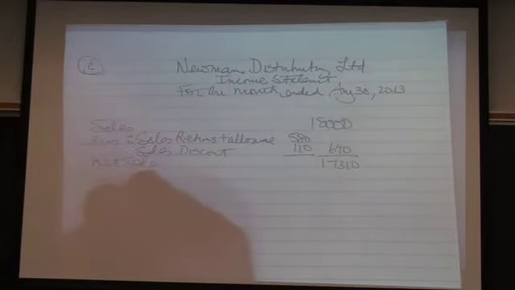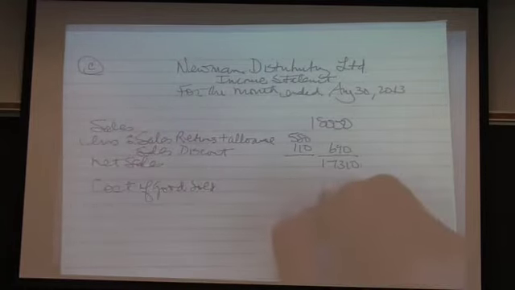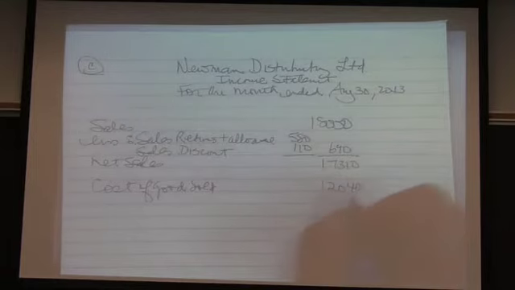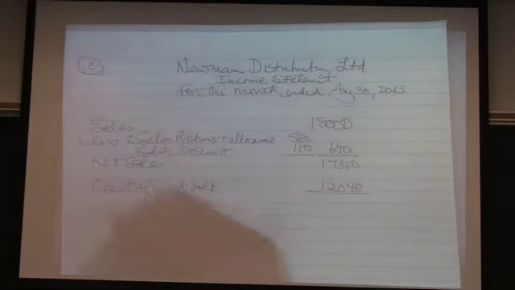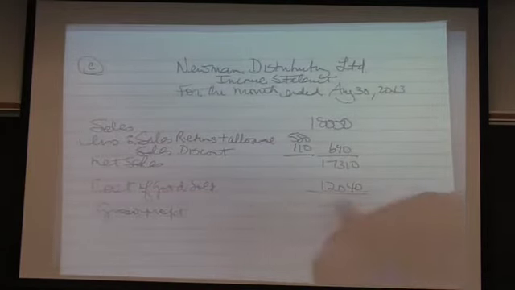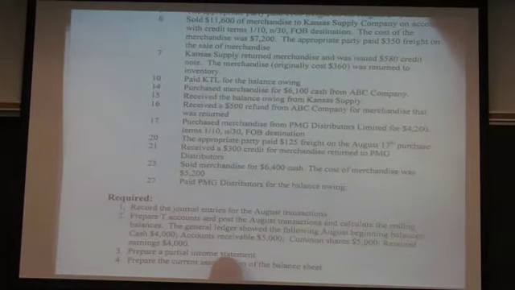Then we've got cost of goods sold, is 12,040. To give us a gross profit of 5,270. The question only asks us to do, for part 3, it asks us to do a partial income